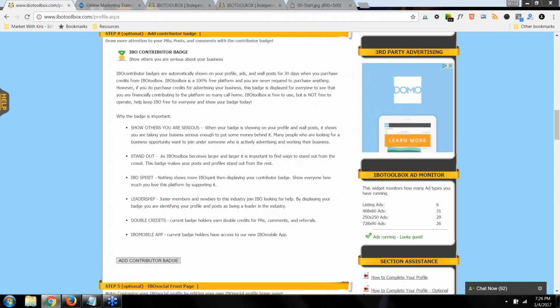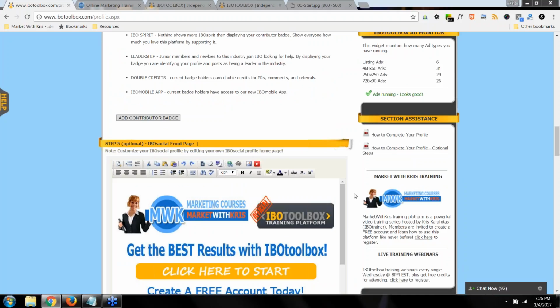When you purchase credits, you get double credits for certain activities like press releases, commenting, and referring new members. And then let's see, as new members are coming to the platform, they're always looking for leadership. So nothing shows more power than having badges and stars next to your name and this contributor badge. Okay, so it's a great way to get recognized.